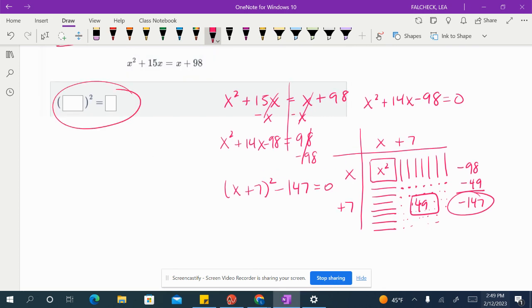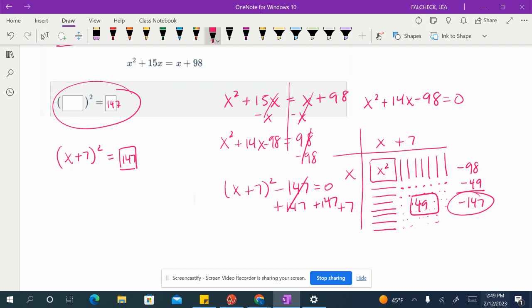The question is asking you to put it in a structure where you have the binomial squared on one side and then you have the constant on the other side. So I'm just going to move this over to match the structure of the way that the question is asked. And then I have 147 over here. So the answer should be 147 in here,